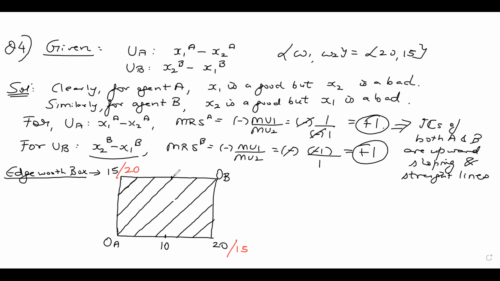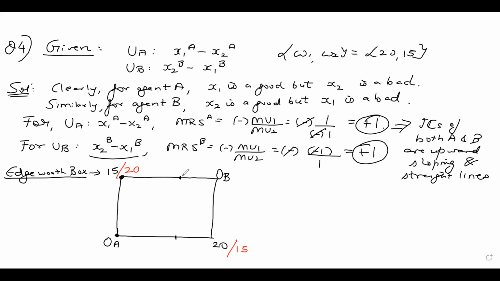This is origin. Okay. Let me make a small correction. If I am drawing a 45-degree line, it should have a slope of 1. So please let me make a small correction here. This is 15, guys. Okay, this is 15 and this is 0 from A's origin, and this is 20. So that means a point here should look like this is 15. So we should have a point 15, 15. The point 15, 15 is going to lie on the 45-degree line. So this 15 will come somewhere here.